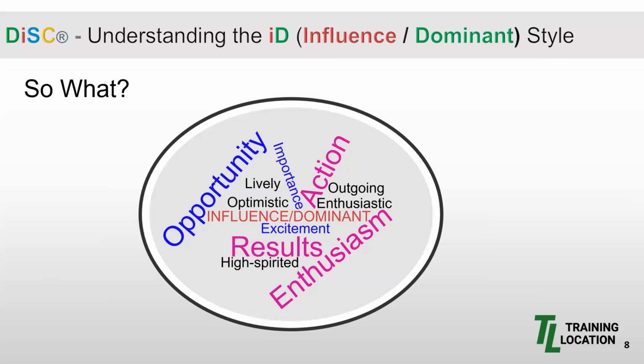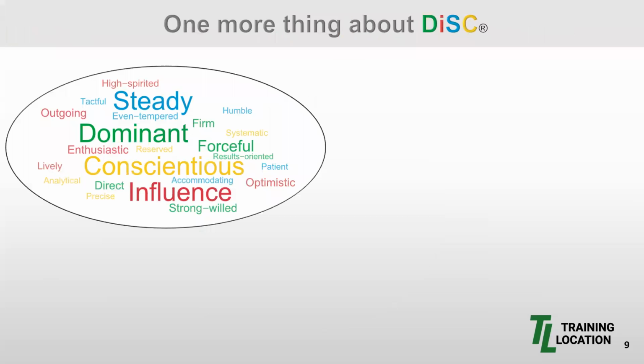So what is there for the ID to consider to increase their effectiveness? At a glance, the ID is into quick action and new opportunities. This can come across as impulsive and outspoken if overused. This lesson can help the ID to increase effectiveness by accepting and understanding their own style, then incorporating what they know about other styles toward improved communication. All right. I hope this has increased your awareness and knowledge and familiarity of the DISC, as always, and